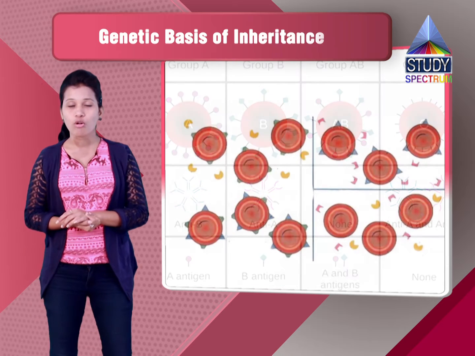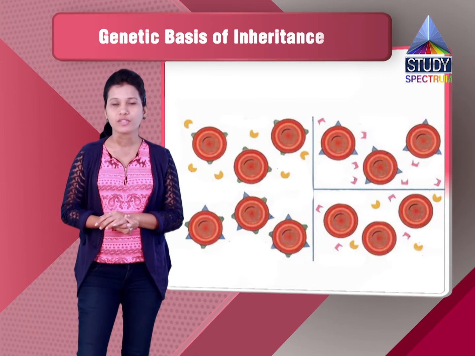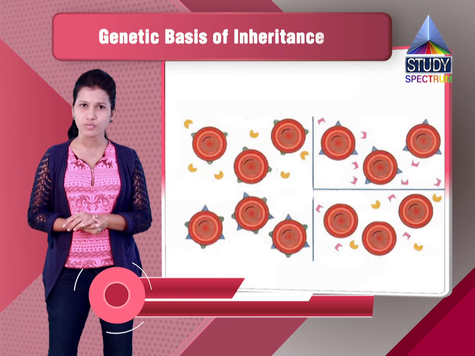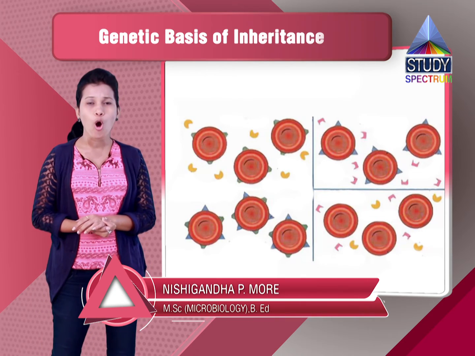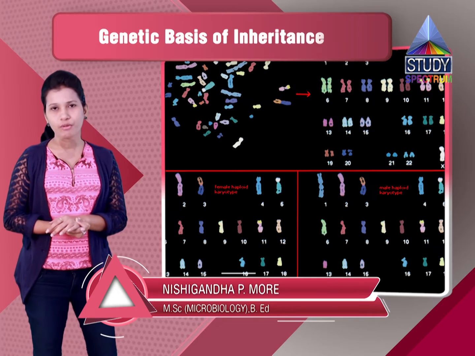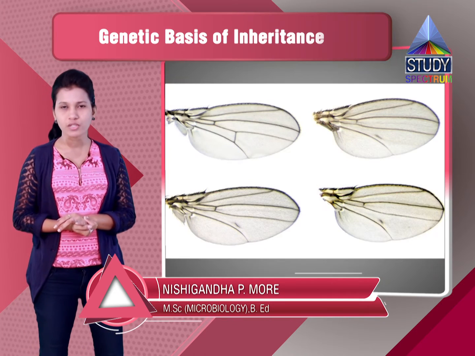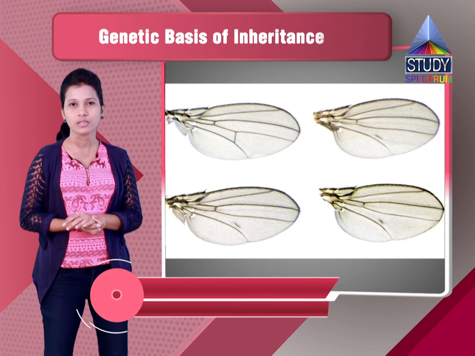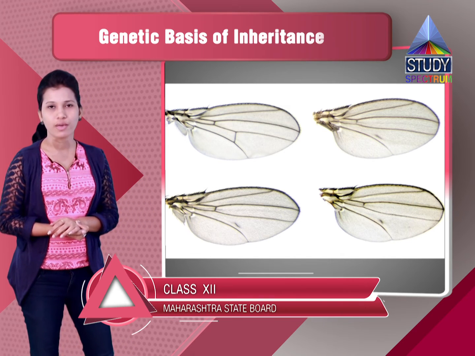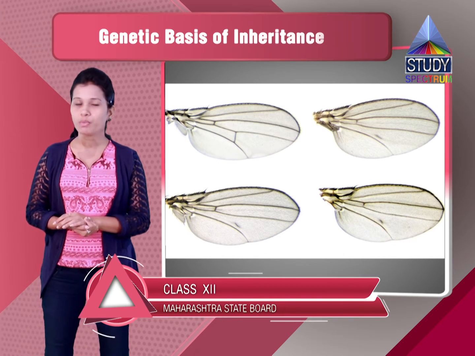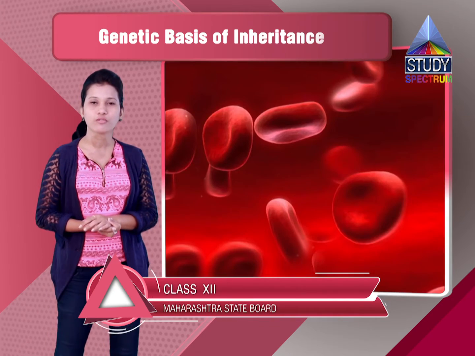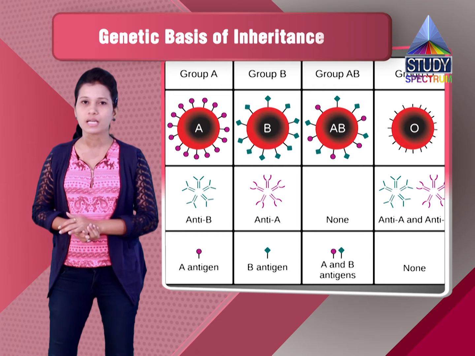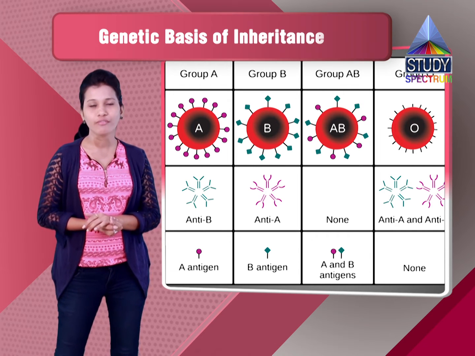Then, these are all the multiple alleles we have seen. Multiple alleles are nothing but more than two alternative forms of a gene which are present on the same gene loci on the chromosome. For example, we have seen the different types of Drosophila wings and the different genotypes that we can see in the Drosophila wings. And then we have seen that the blood group in human beings, that is the four different types of blood group that we have, is controlled by a single gene, that is the I. But in I we have the variations.